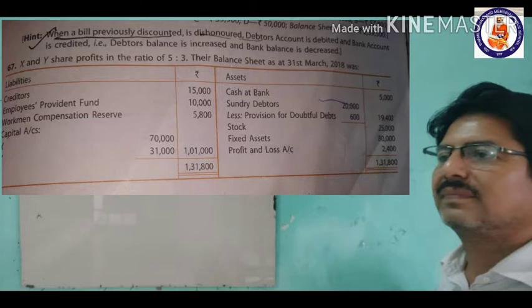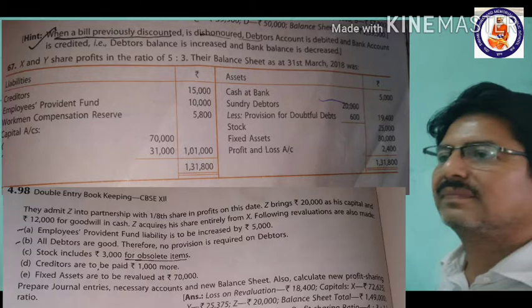Today we are going to solve one more question of this admission of a partner. I'm reading the question here and this is on your screen. You can just look at your screen. X and Y share profits in the ratio of 5:3. Their balance sheet as on 31st March 2018 was: